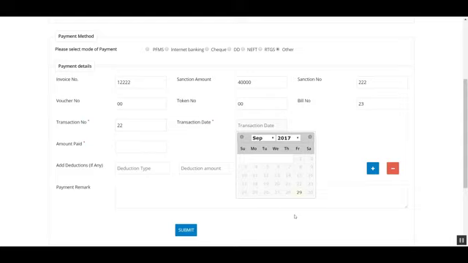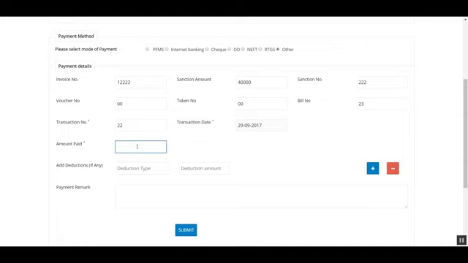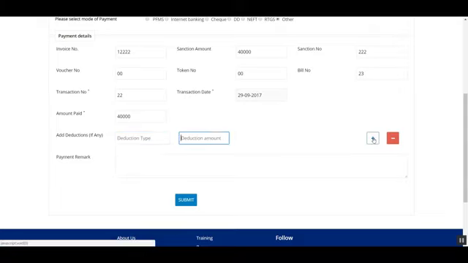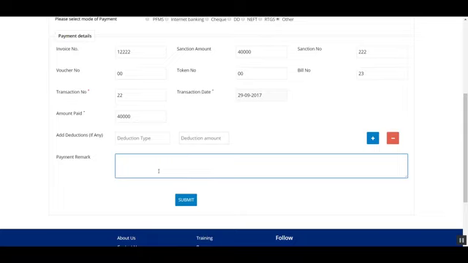The transaction date, when you have transacted the amount to the seller, you can select it here. The amount paid. If there are any deductions or liquidity damages you want to put, you can put them here in these boxes, or you can add also from here. Now, if you want to give any remark for the payment, you can write it here